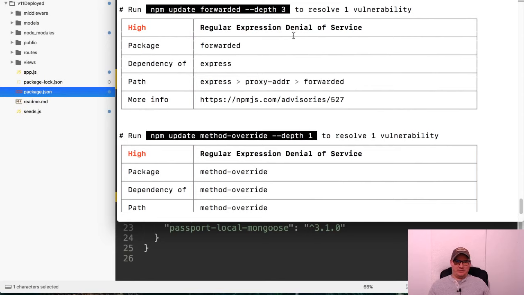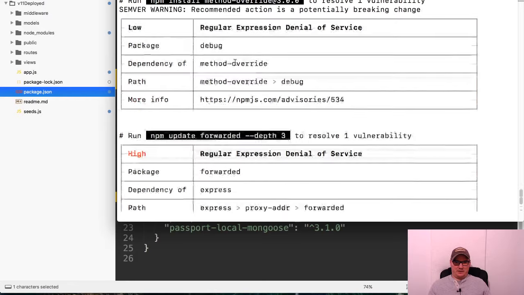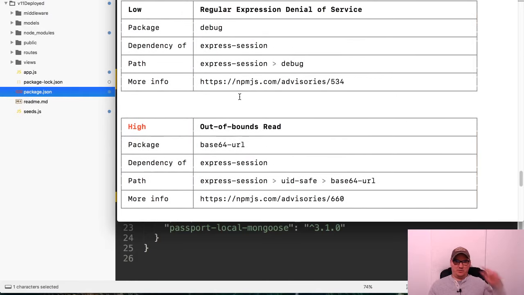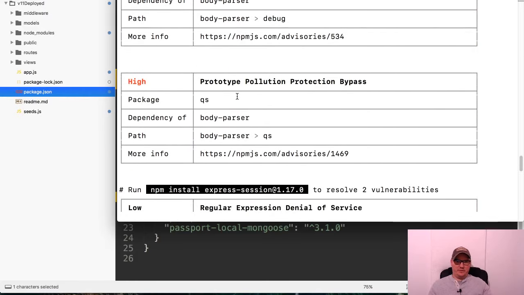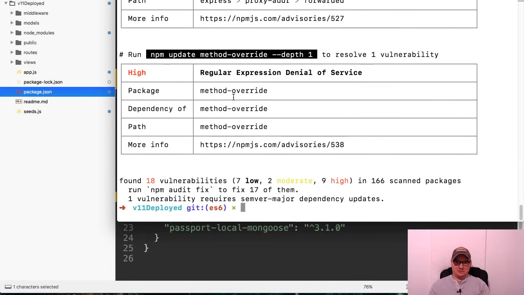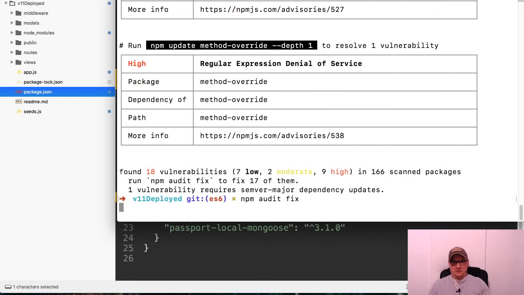These are regular expression denial of service, so DoS, not good, but they should be fixed in newer versions. And so the fastest thing to do here to resolve these is just run npm audit fix, which it even tells you to run to fix all these issues. And so if we run that, then we should get